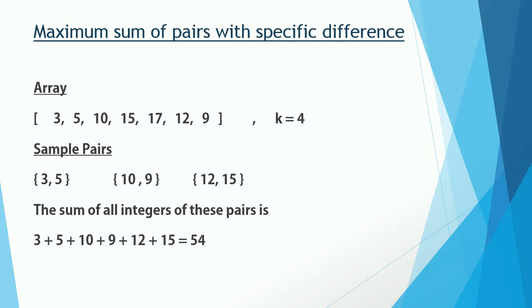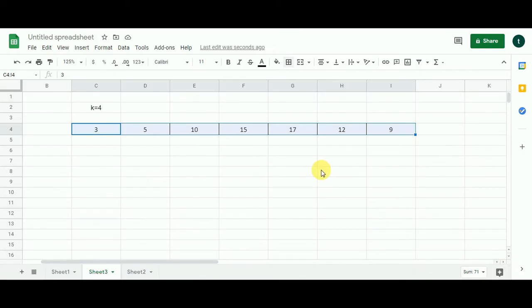Now let's switch to the framework and solve this problem. For this DP problem, the k is 4. That means we need to check in the pairs we form that the difference between the integers comes out less than 4. Also, the first dynamic programming approach that comes to my mind in order to solve this computing problem is using the LIS style, the longest increasing subsequence style. But the time complexity of that algorithm will be O(n squared). Now, if we can sort this array in the first place, then we can solve this problem in O(n) time, because sorting will relieve us from worrying about the integers before the immediately previous integer.